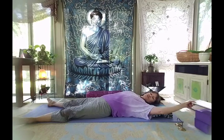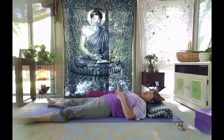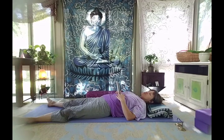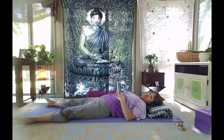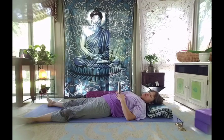And I would like to read to you this quote from Shanti Deva. And I really liked it for this practice because when we do our restorative, not only is it ideal that we are comfortable, but it's also an invitation to allow ourselves to release and let go. And not just throughout the body, but also in our mind and our thoughts. It's a great opportunity to recharge. And so the quote goes,